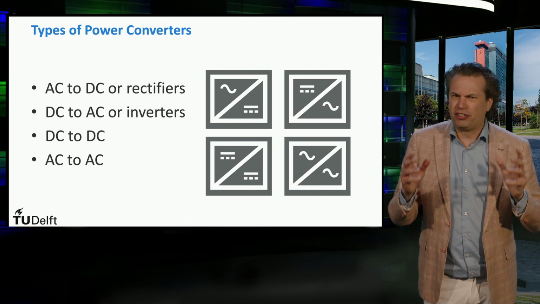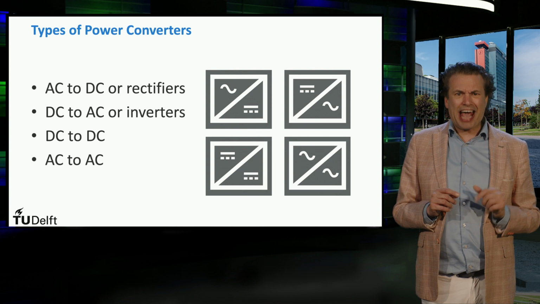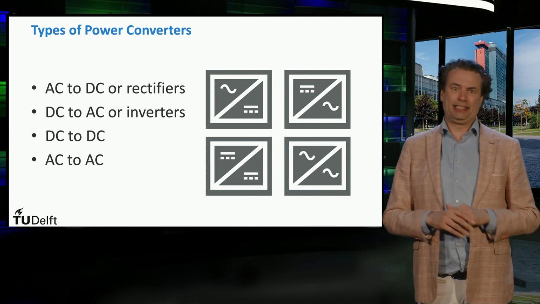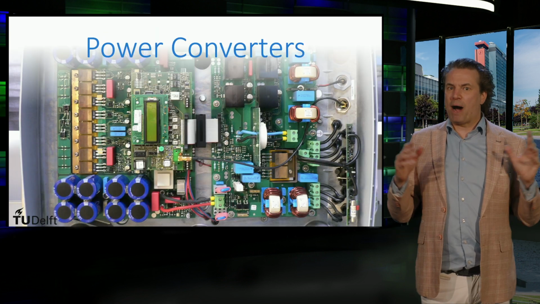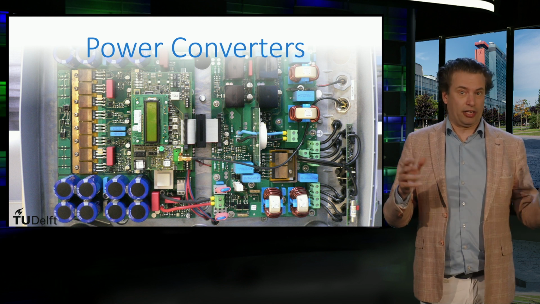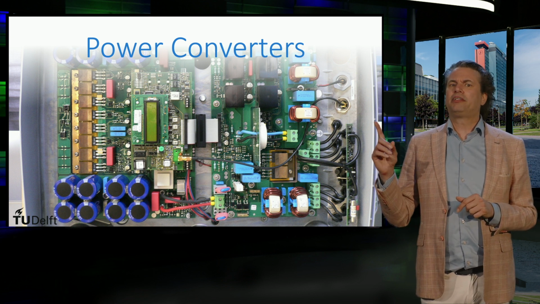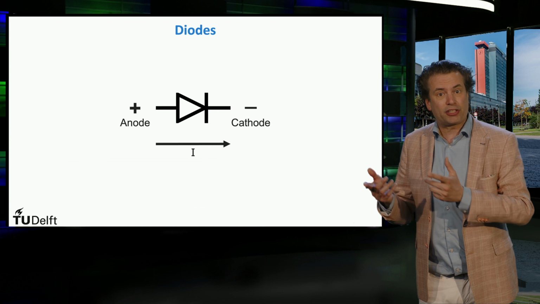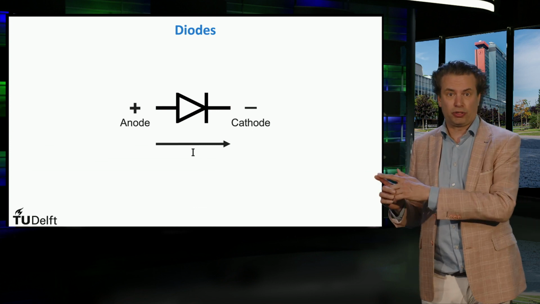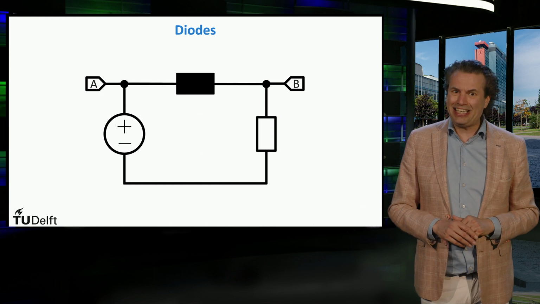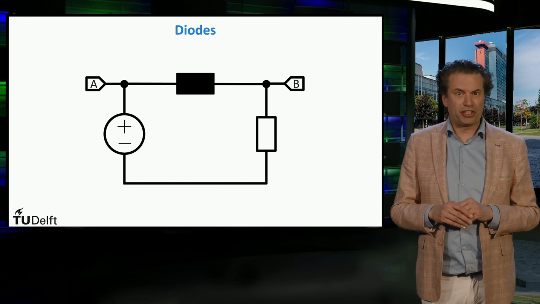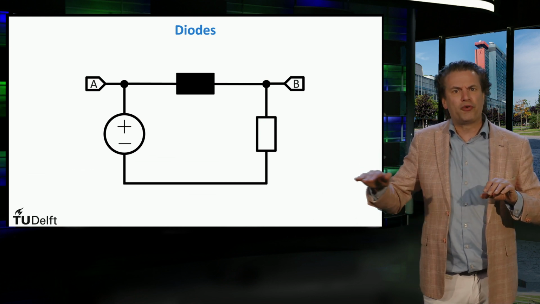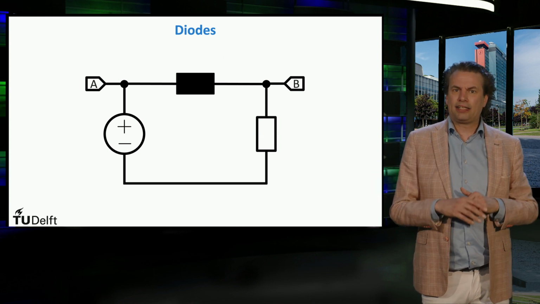We will first, in a simplified electrical engineering picture, explain the principle of the rectifier, the conversion from AC to DC. This is done through power semiconductor devices, such as diodes, among others. As a reminder, a diode is a semiconductor device that allows a current to flow in one direction only, from the anode to the cathode. In the figure, you can see the representation of an ideal diode. When the voltage at the input side is higher than the voltage at the output side, a current will flow in the direction of the output. Let's see in this example.